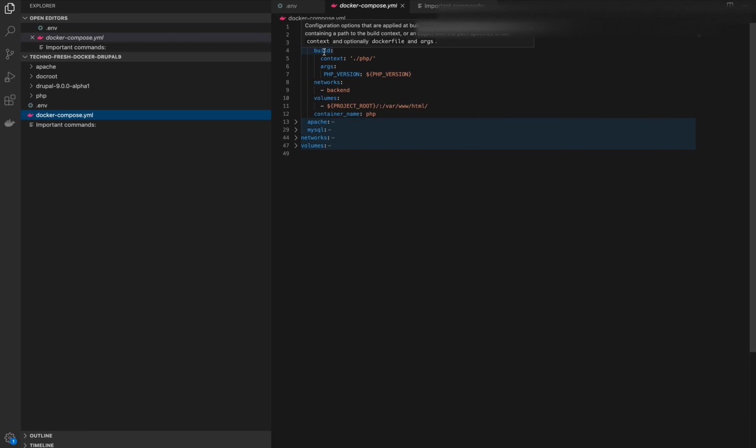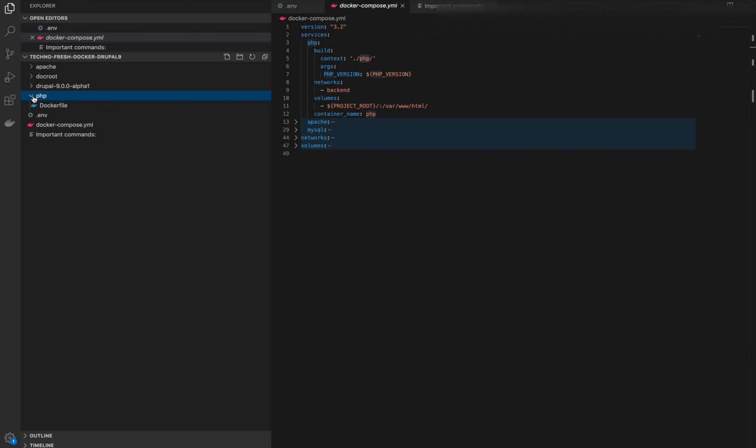Now we will build our PHP with the context of the PHP files. Some files will be moved to the PHP folder, where I have already predefined some PHP configuration, like the document root or allow and disallow settings.